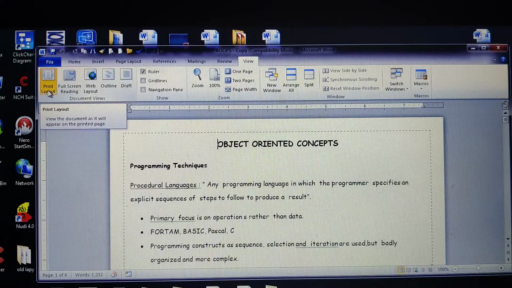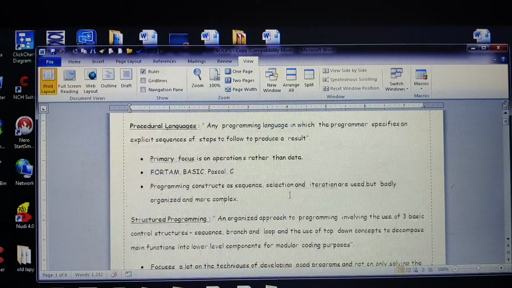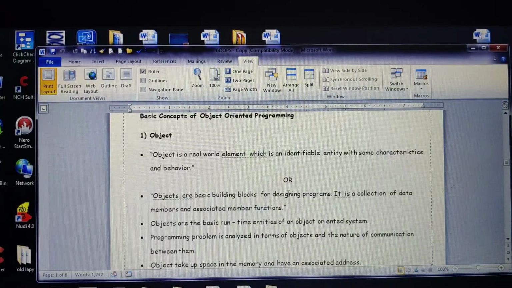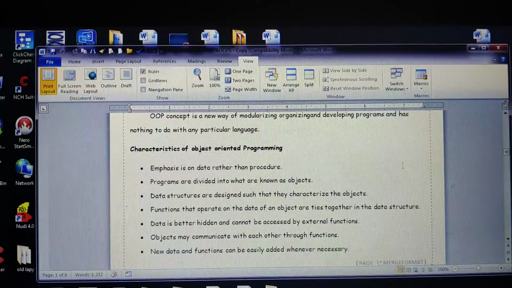As I said, the print layout allows viewers to view their document as it will appear on a printed page. So once I take a printout of this document, this is how it will look. That is what print layout is.